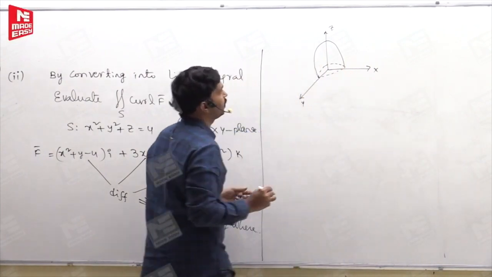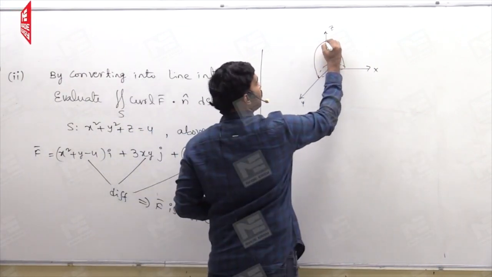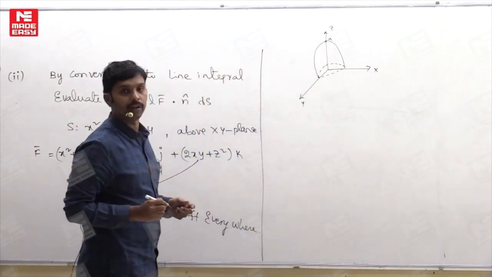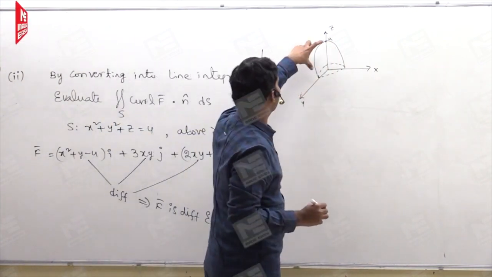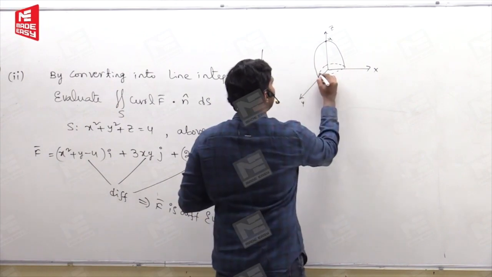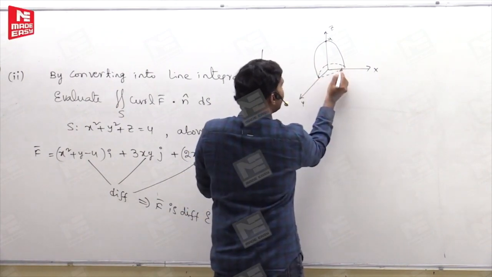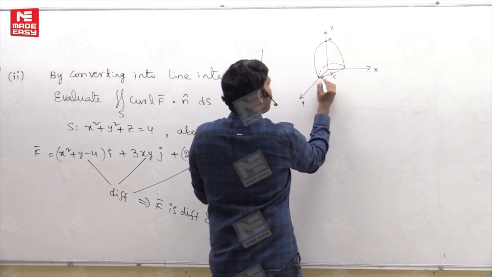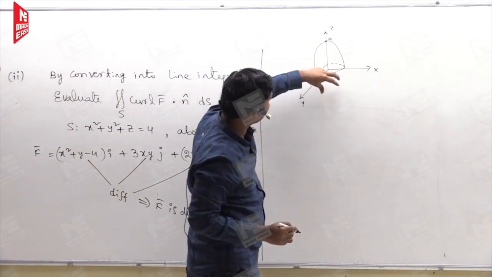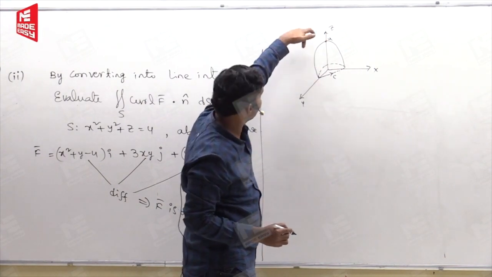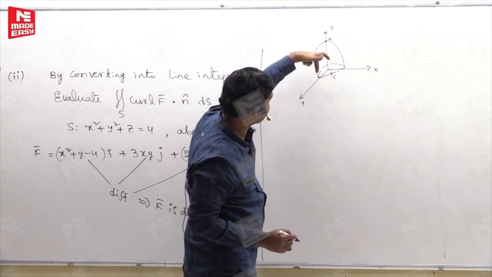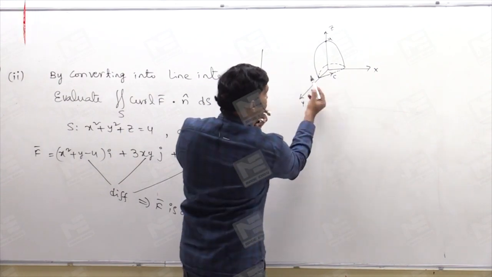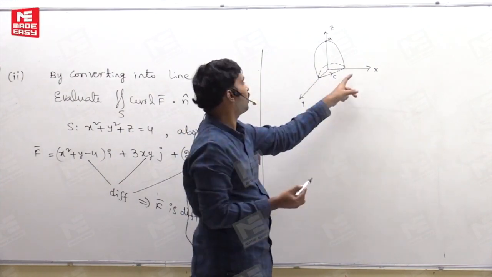It is taken like this here. So it is up to 4 here. It is up to 4 here. See that it is very clearly above the xy plane, it forms a circle. This is the boundary of this, and this is an open surface. When it is above the xy plane, this is an open surface which has a boundary, the circle in the xy plane here.